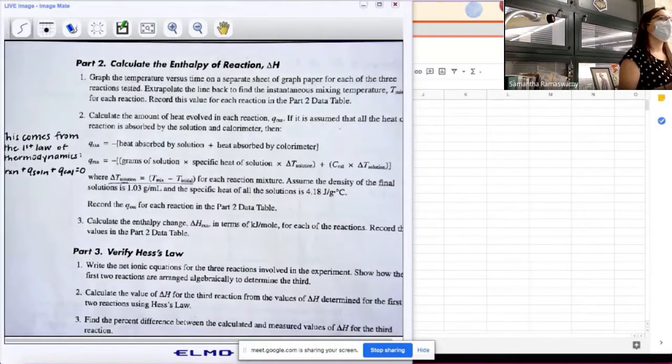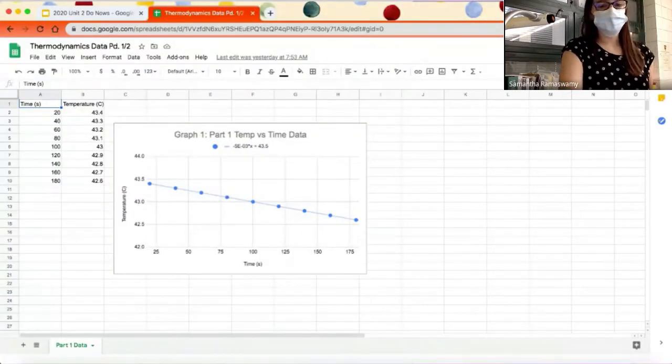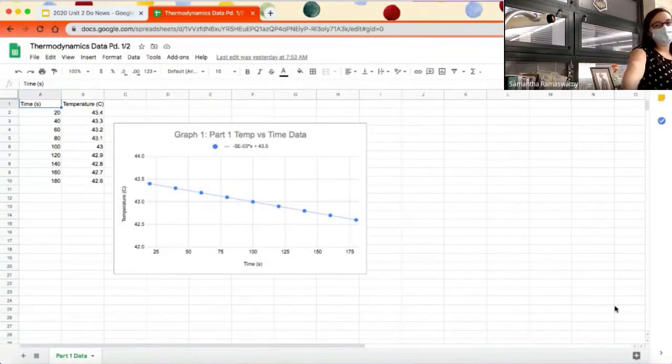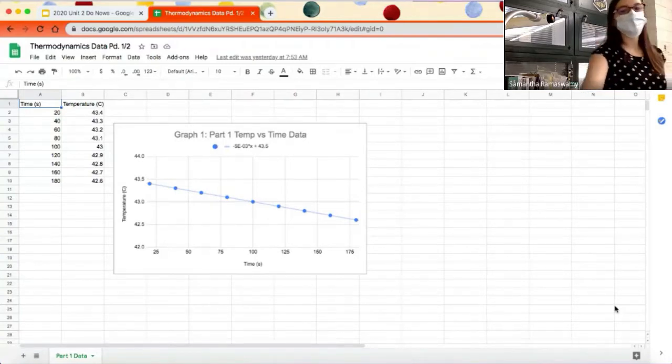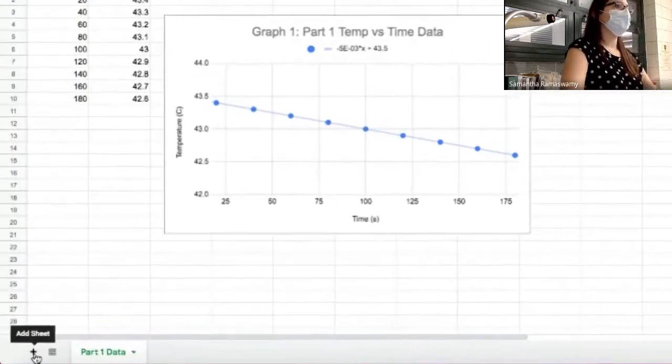So we're going to graph just like we did yesterday. So that's why I'm going to go into Google Sheets, and what I'm actually going to do is go through, we'll do each reaction together. Now, because we have our graph 1 on this first tab, I'm going to create a new sheet for each